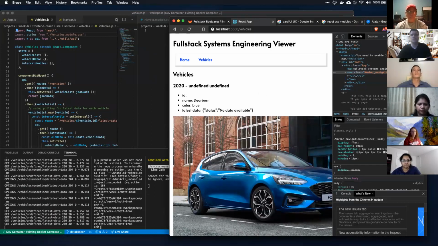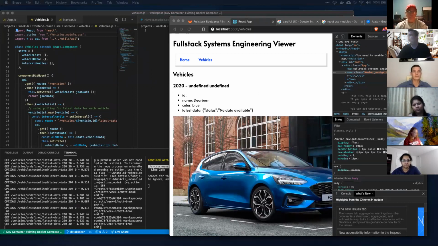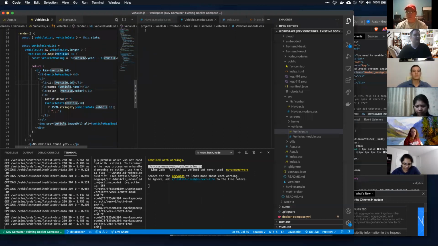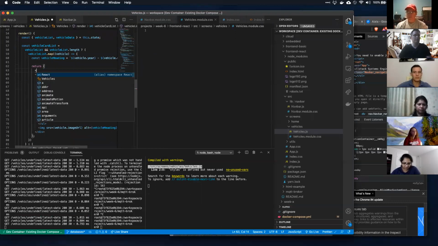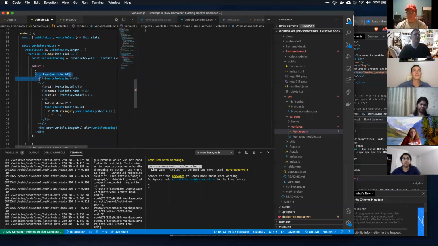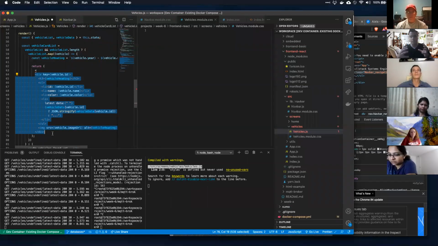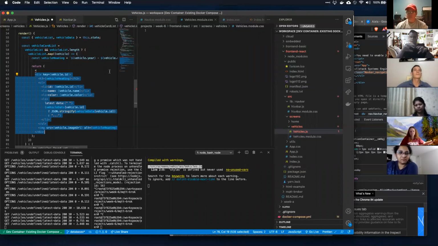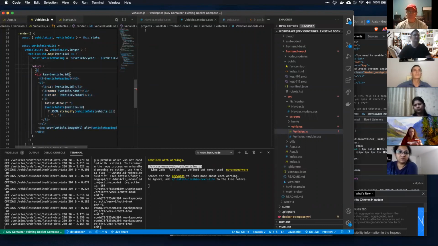All right, so each one of these should be a card. Now, one thing that JC did not do is he didn't really contain this in a way, because he didn't really have to, because he wasn't really going for styles here. We're going to have to contain this a little bit better so we have some ability to organize how these, because this is one card, right? Because we're going to convert each one of these vehicle information chunks, these sections, into cards, but we need a container to hold all the cards so that we can make sure that they wrap and flow and all this kind of stuff. So I'm going to create a div around that,